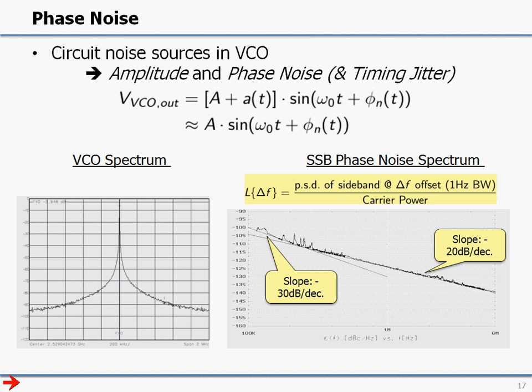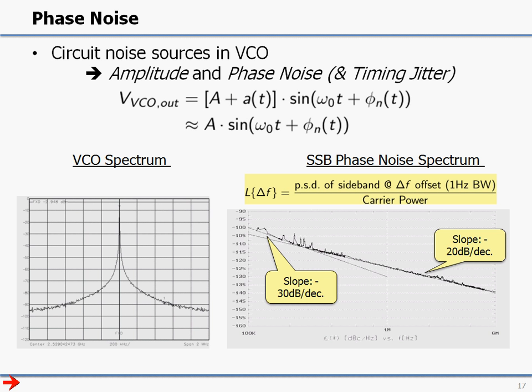So at this point we have discussed, let's say, the wanted behavior of an oscillator. Now we have to start looking at some of the unwanted features, starting by the fact that there will be noise in the oscillator. Now, what is specific about oscillator design is that we are now dealing with circuit noise